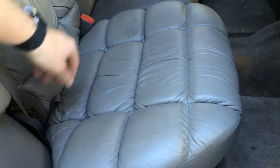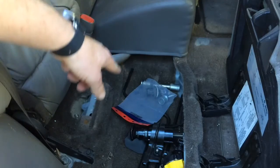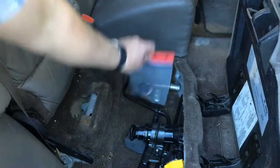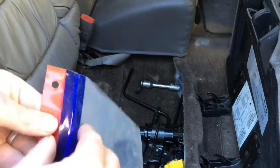Now that we know there's air in the spare, we've got to get out the rest of the stuff. And in this case, in the Jeep, the jack, the tire iron, all the other assorted business is underneath this seat here. Another thing that's very, very important to know where it is